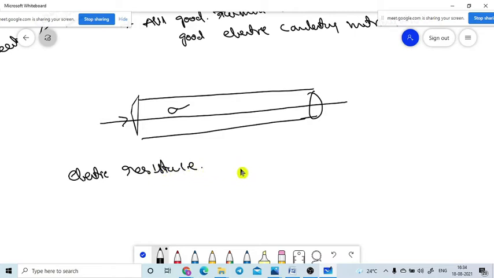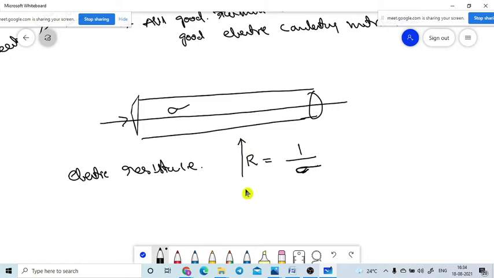What does electric resistance mean? Electric resistance is labeled with the symbol of capital R. So what is the electric resistance value? It is nothing but the reciprocal of the electric conducting value. If the conducting value is very poor, we will get a more electric resistance value.